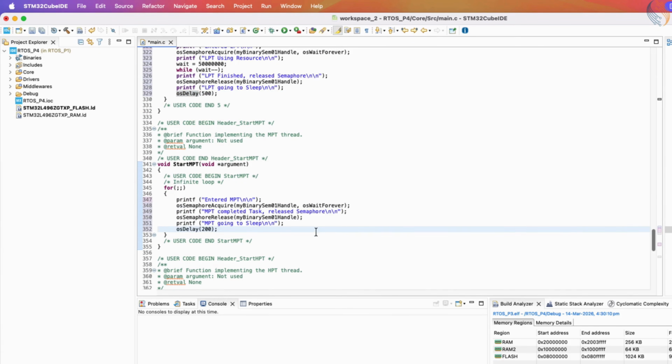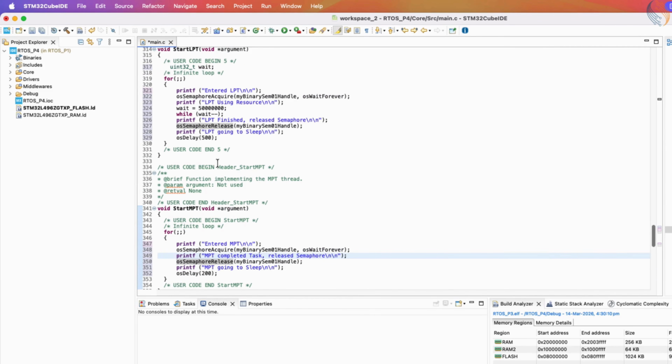The structure here is largely the same. It first prints an entry log, then tries to acquire the semaphore with OS wait forever. Once acquired, MPT simply prints a completion log and releases the semaphore. It is not simulating any resource usage or waiting inside a loop, it just needs the semaphore in order to